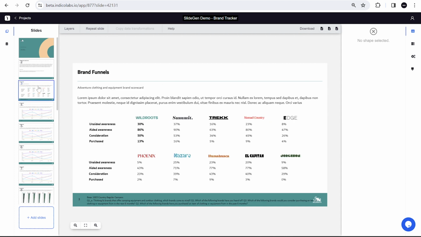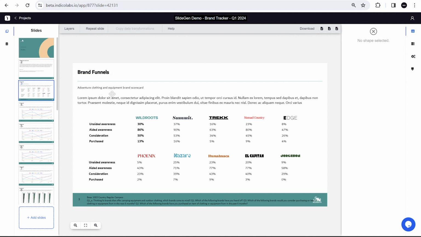So this does still take me a little bit of time to set up. It took me around 30 minutes, but that's definitely quicker than it would have taken me to prepare these slides manually. But this is where the real time saving comes in. All of this is set up on Q4 2023 data. I now have my Q1 2024 data, and I need to repopulate the whole deck. I've already duplicated the project, so I've got a master copy to fall back on. I'm going to call this version Q1